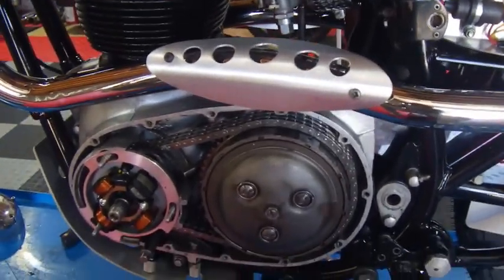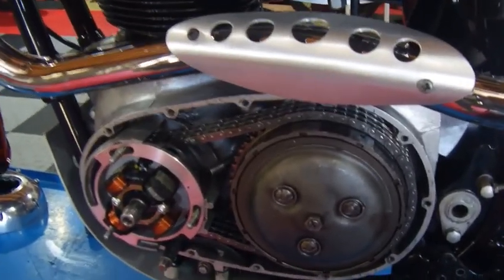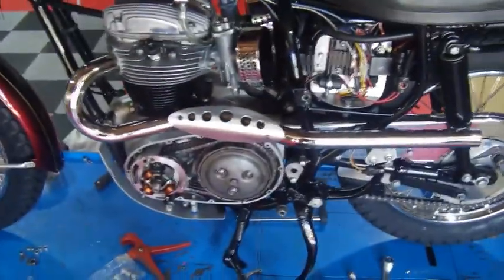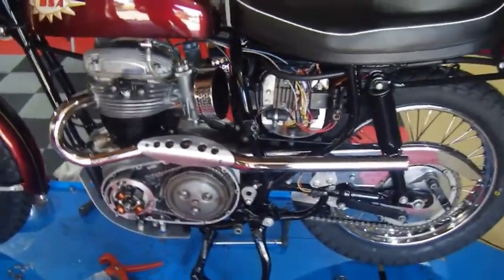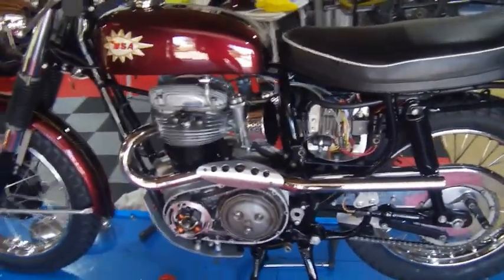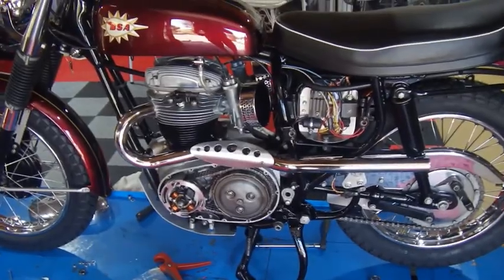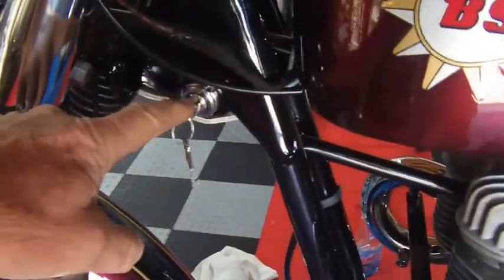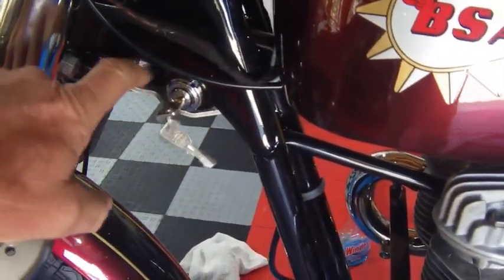It's Monday right now, and hopefully on my days off I will have time, and the parts, to finish the bike up. So it's coming along, with the Electrex ignition, and I'm hoping that will give me a nice reliable ignition. I also went ahead and wired up an ignition switch up here. The mount for it is in the frame,